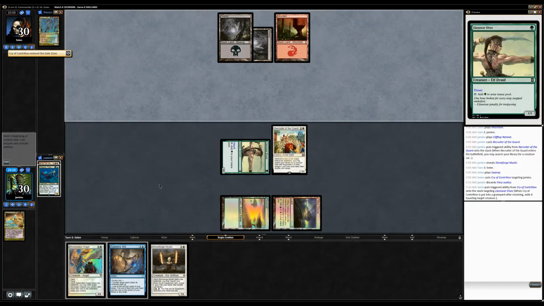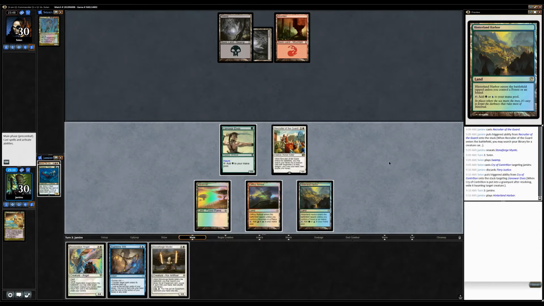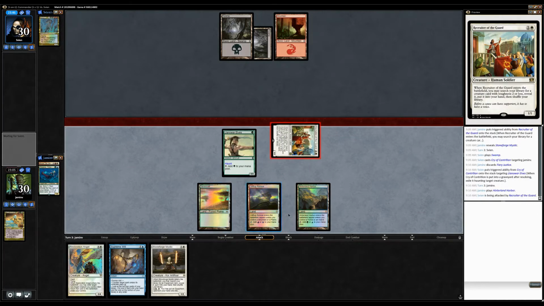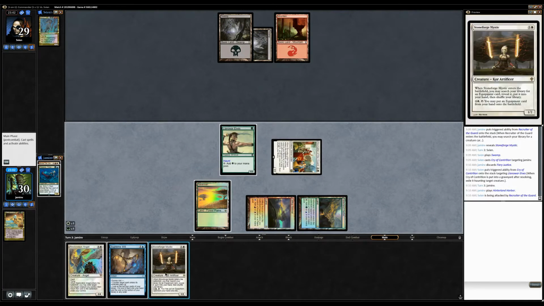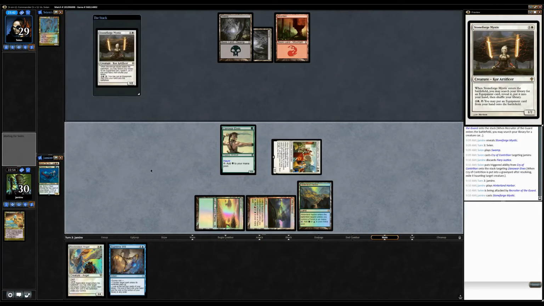Okay, they haunted the Wood Elves, but it doesn't look like they're killing it just yet. Alright, and we drew a land. So that's fantastic. Swing with the Recruiter. Drew a blue land at that. Let's do it this way. I think if we